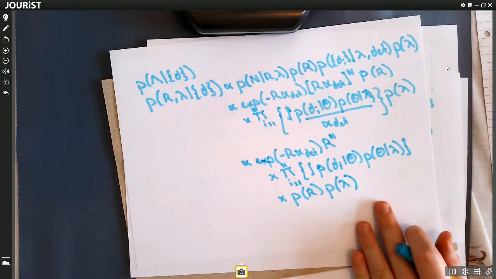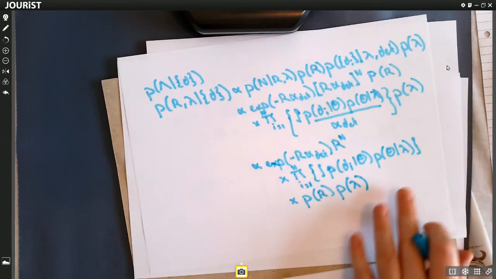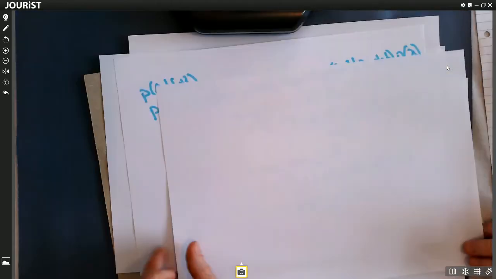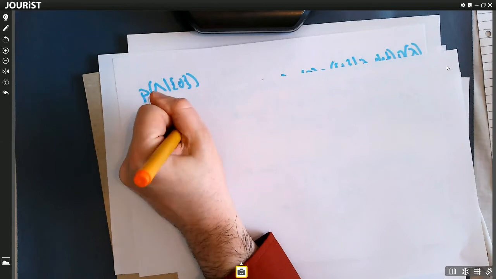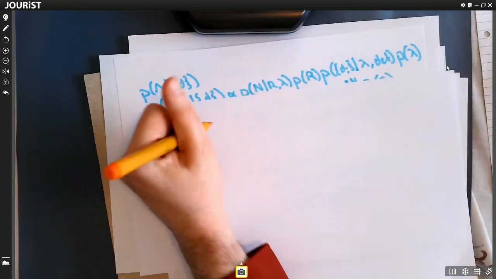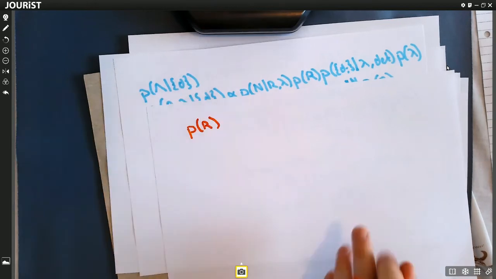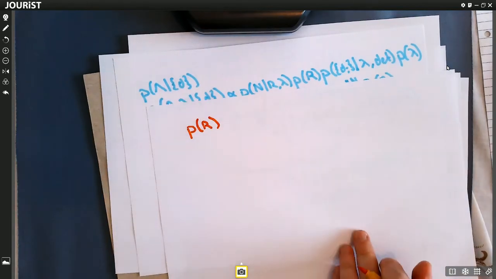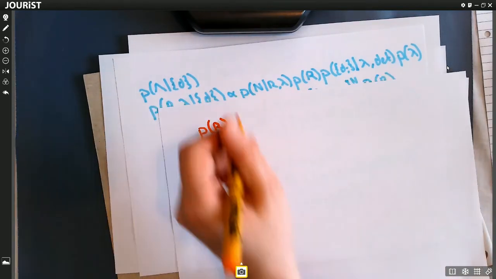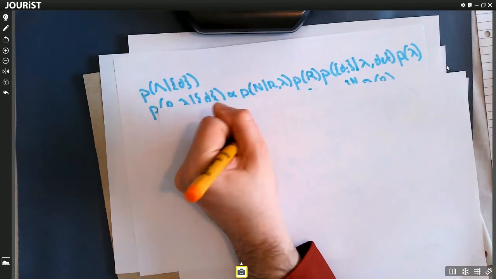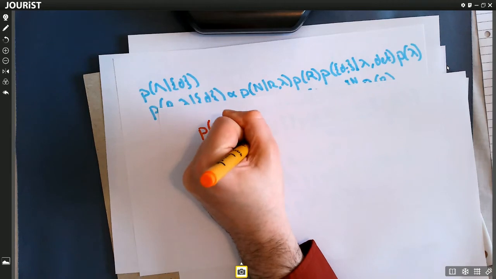Now, to make life a little simpler, a common assumption. We don't need this to be true, but this will make certain things a bit easier. If you are reading papers, you will often see this and the equations that follow, so this explains where it comes from. A common assumption is that our prior on the rate is a 1 over r prior.